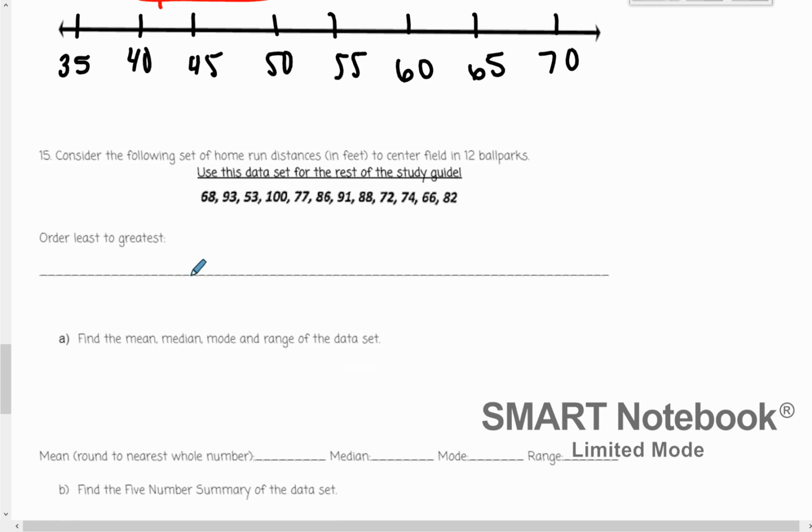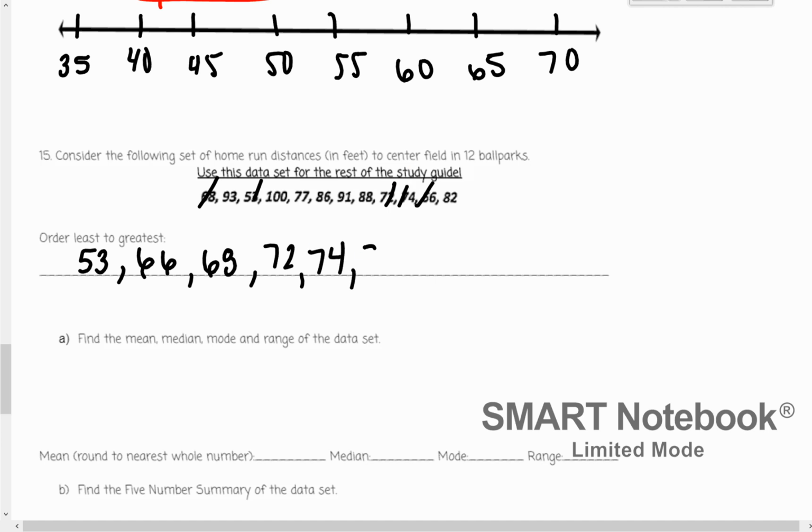Number 15, consider the following data set of home runs into center field in 12 ballparks. Order from least to greatest is going to be our first step. 53 is our smallest. Then I have 66. Then 68. No more 60s. I have 72,